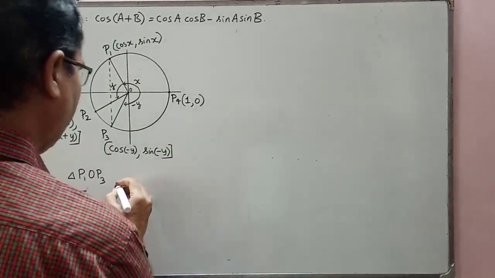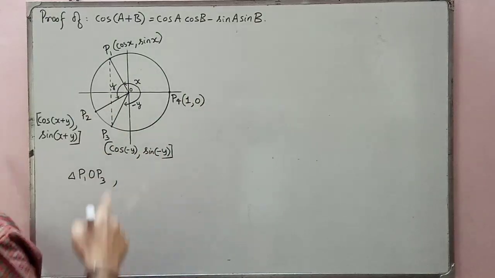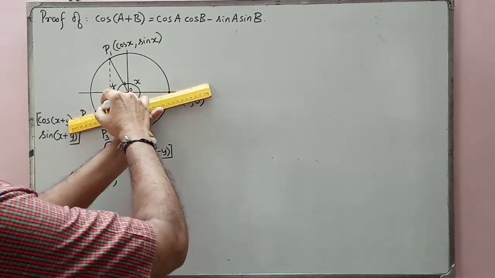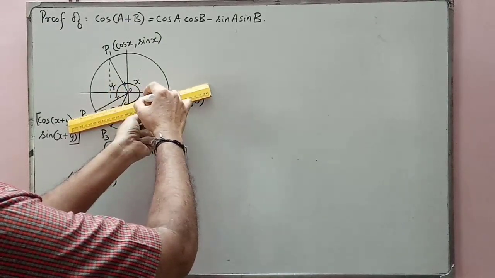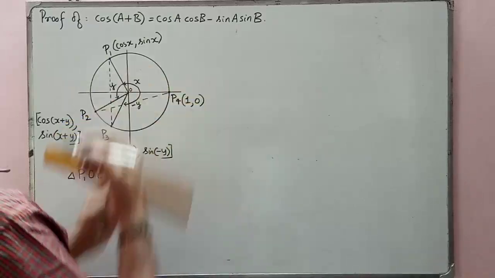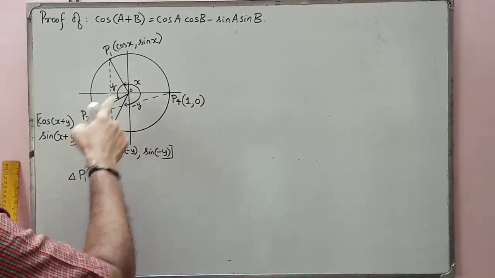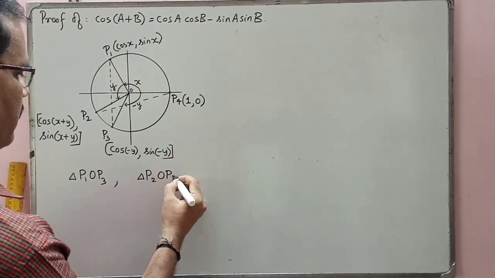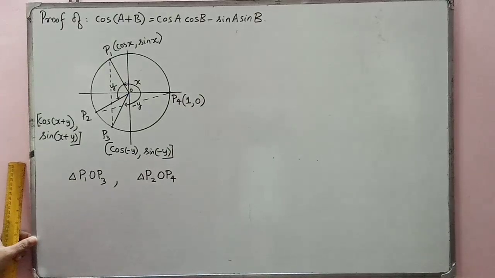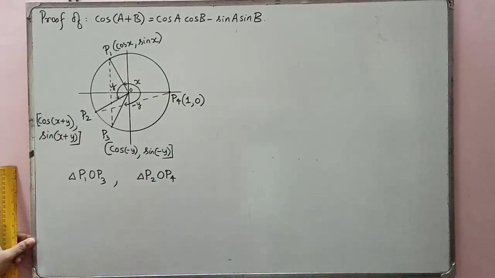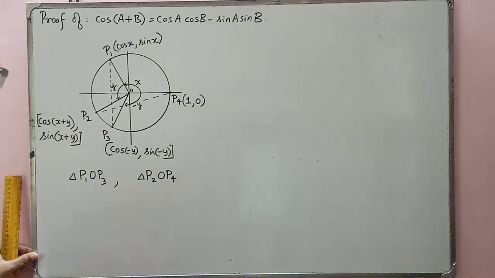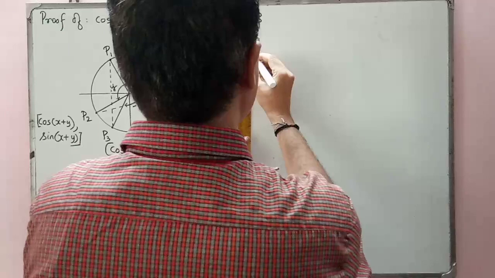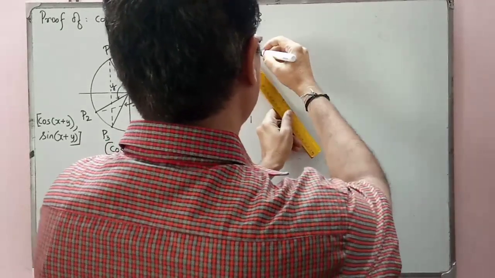Okay, children. And we are going to think about another triangle by joining P2 and P4. I am joining P2 and P4. Now the second triangle, P2 O P4. Look into the triangle P2 O P4. Now I am going to prove these two triangles are congruent. I will pick out these two triangles and separately draw them for your understanding.